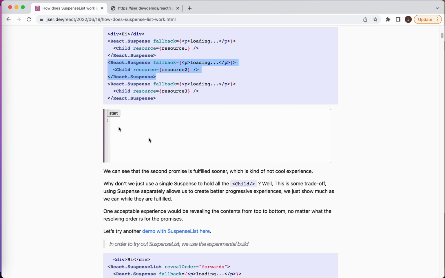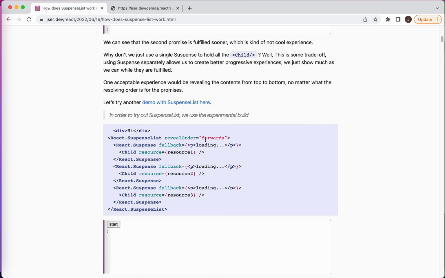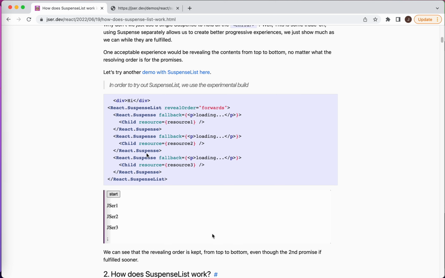We don't want this. That's why we add the suspense list and say, okay, we need to reveal it with the order of forward, meaning we need to render it from top to bottom, left to right, basically the order of how the elements are. So even though we have the same promises here, even although the second promise is resolved sooner, we can see in the demo that it will not be revealed sooner. You can see it will be revealed together with the first one